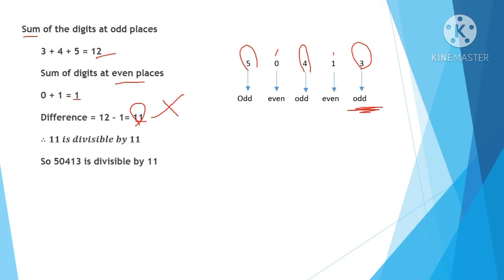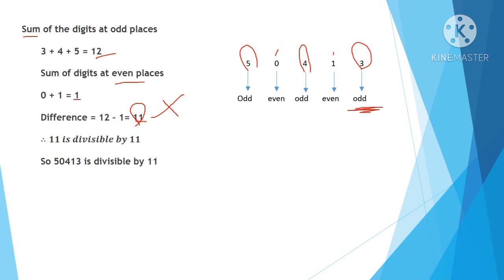Okay children, now understood. So remaining all the divisibility rules, it is easy, right? Only small steps. Only 11 you have a little more, 1 or 2 extra steps we want to do. Only one thing you want to keep in mind: when you write down the odd even, you have to start from the ones place, and there too we will start with odd. Only this you have to keep in mind. Remaining part is addition and subtraction. That is the easy part. You know addition and subtraction, right children?